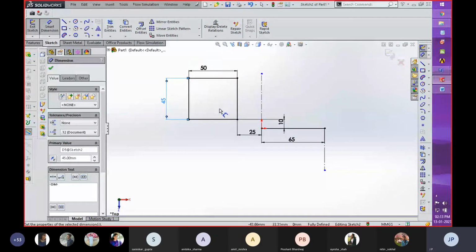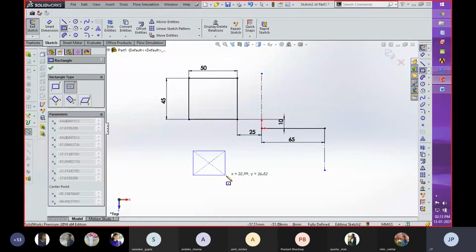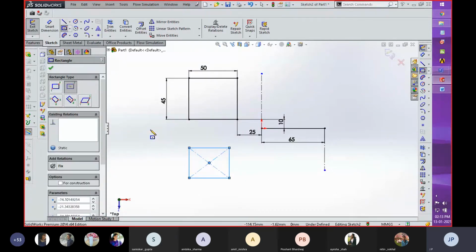So this is one type of rectangle that we can create with this toolbar. The other method is center rectangle. If you want to create a rectangle from the center, and you know the length of the inclined or diagonal line, or the radius of that diagonal line, then with the help of the center and the end value of that line it can be created.